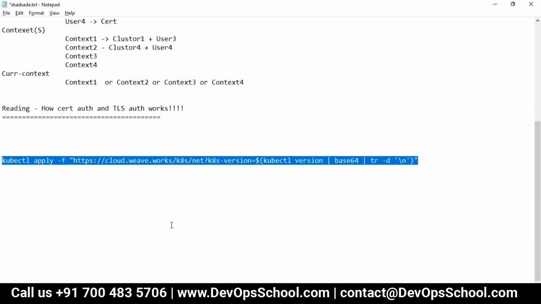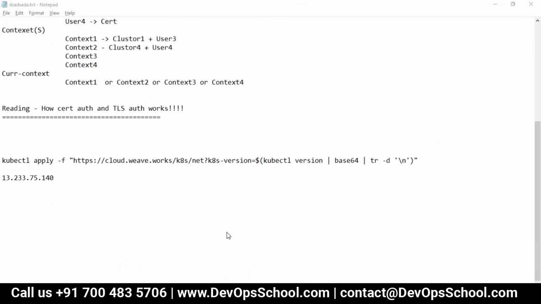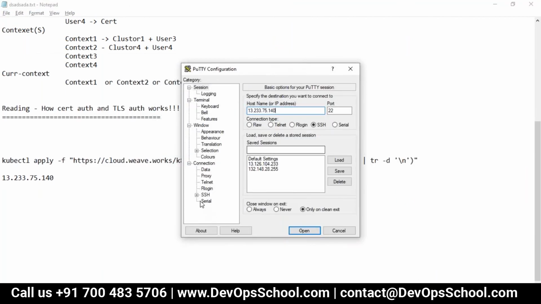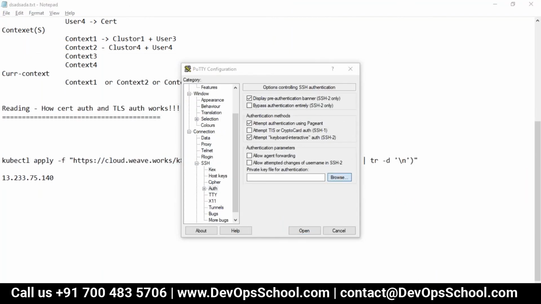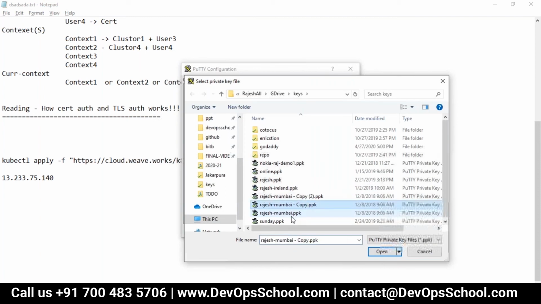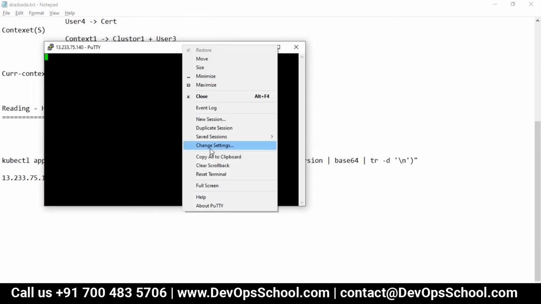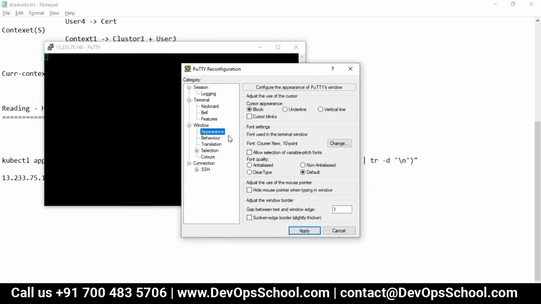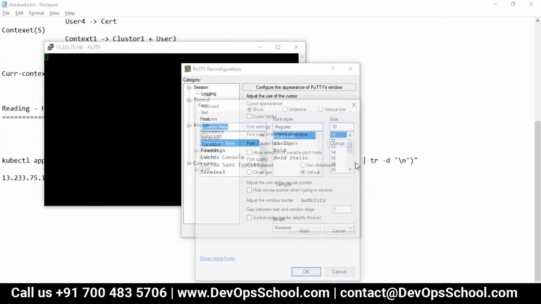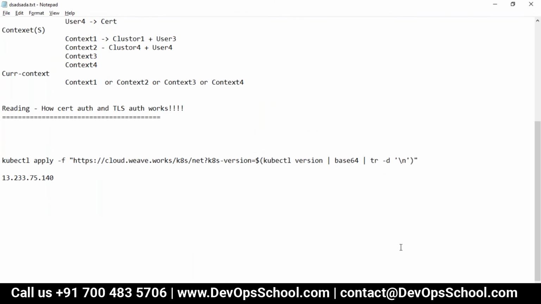So here, this is the machine, I got it, and I'm going to log in here. Mumbai, and I'll just improve the view of this, and 16, click OK.